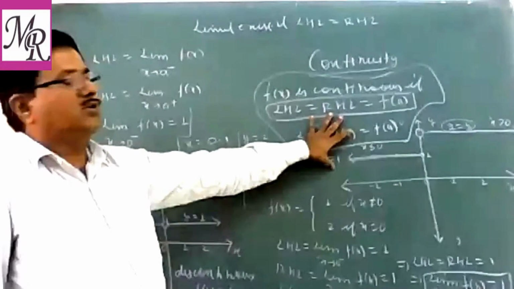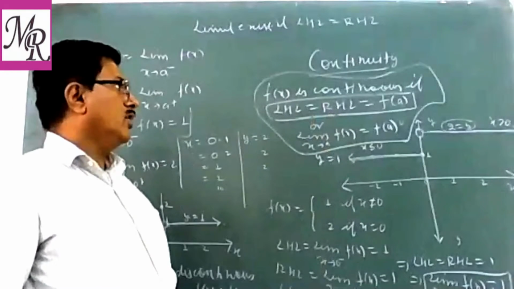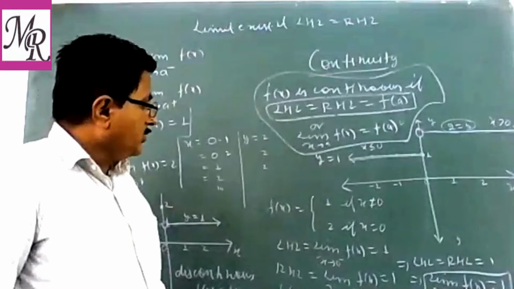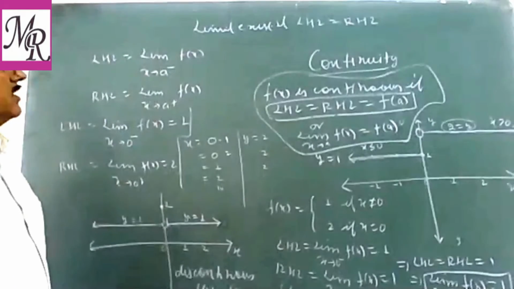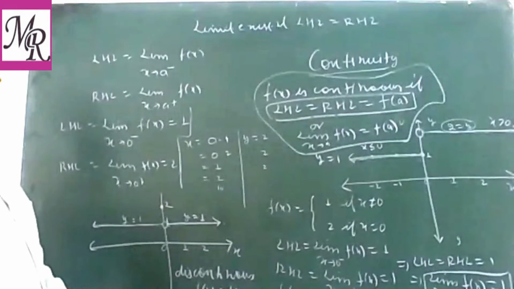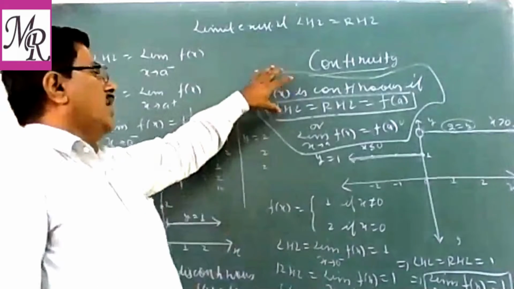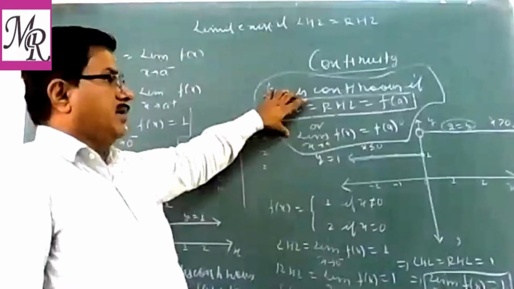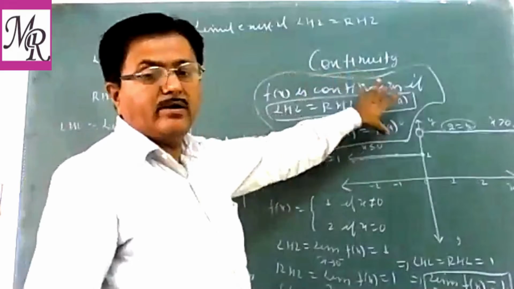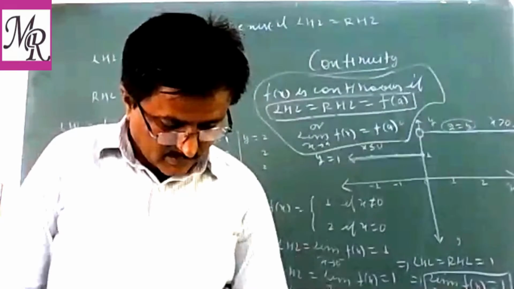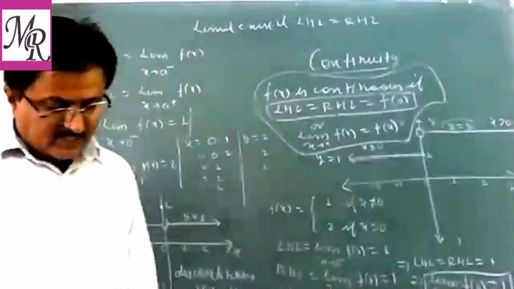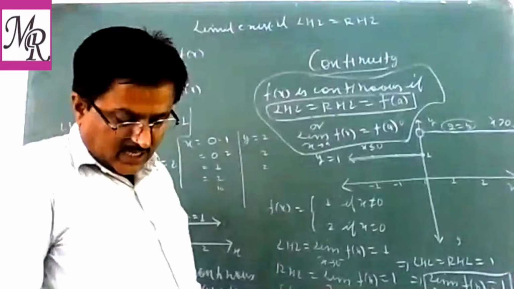First, also the 0 is the point of discontinuity. So if you predict this, then you can say that for proving a function continuous, we have to find at that point the left hand limit, right hand limit, and value of the function. So this is the definition. What you say mathematically is the definition.